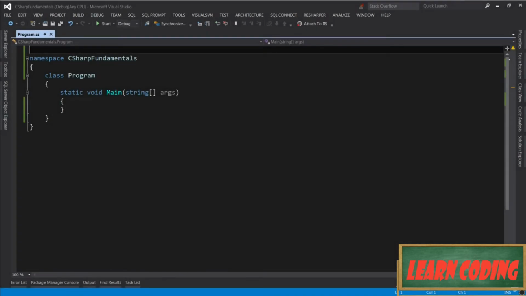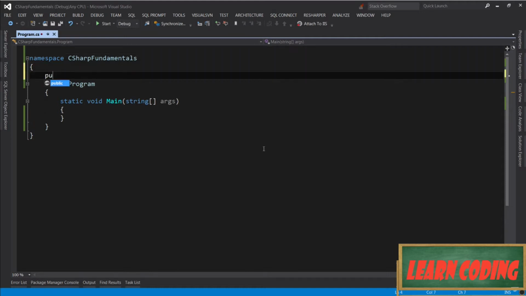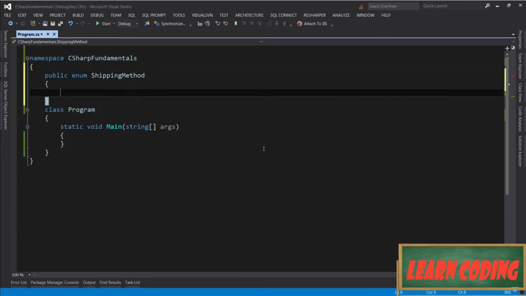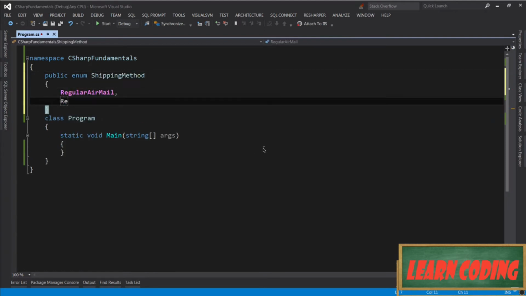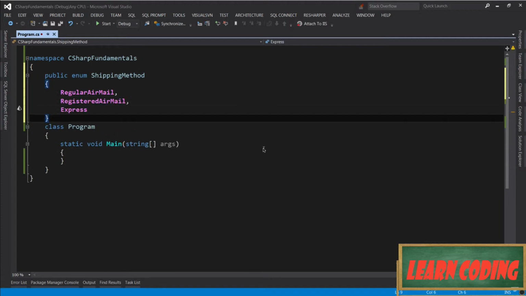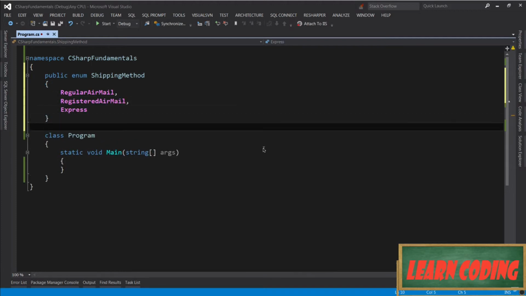Okay, now I'm going to create a new enum called shipping method. Note that because enum is a new type, we need to define it at the namespace level. Now if we don't set any values to the members of this enum, the first member is going to be